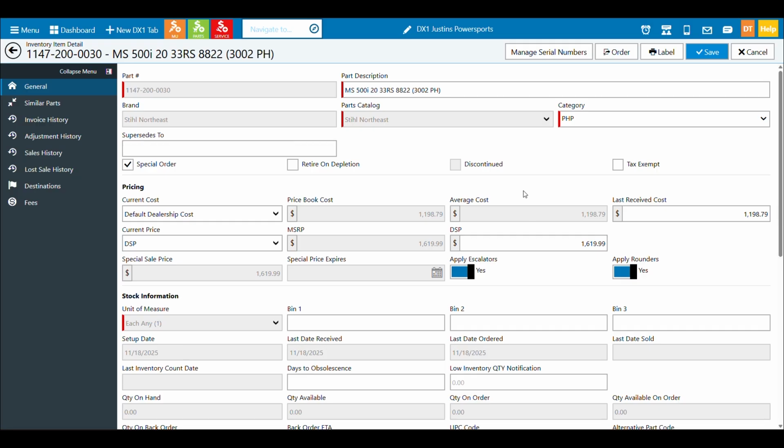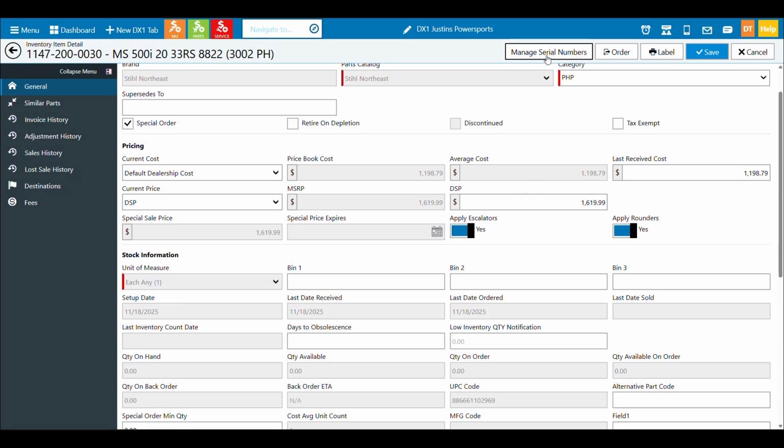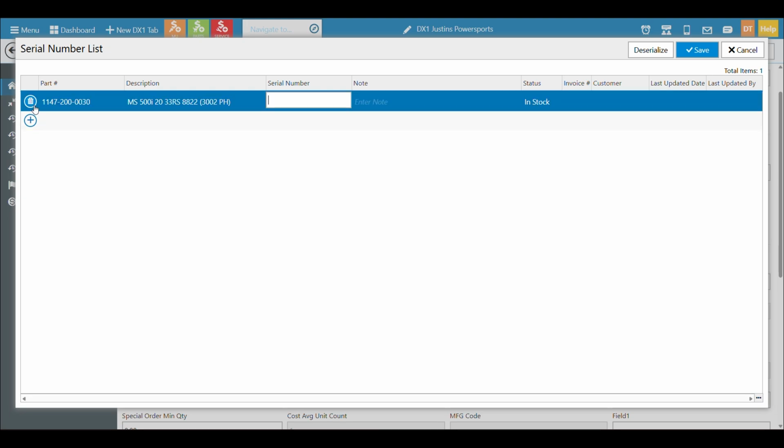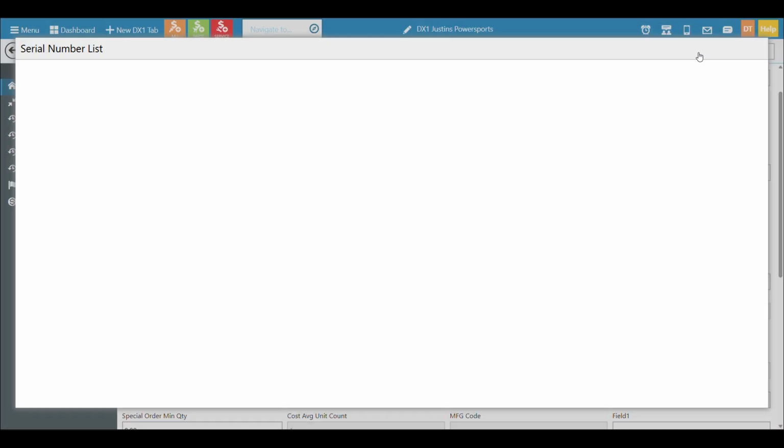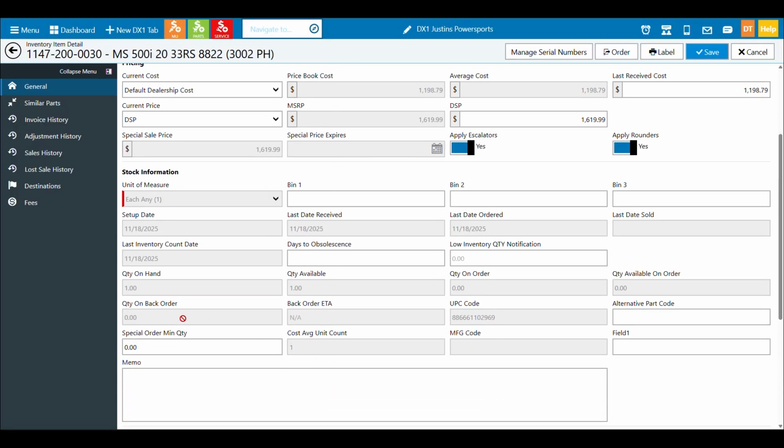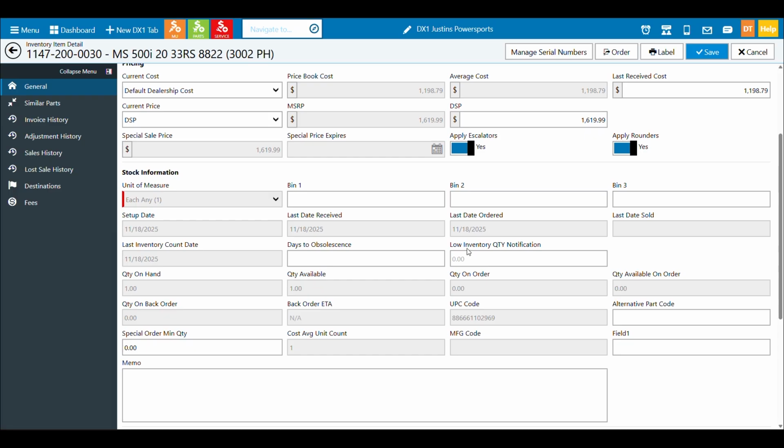Now that I've serialized the item, I can tell because now it says manage serial numbers. That's one way to tell. The other big way I can tell is I can't just go in and free-form my quantity here. And that's because the quantity is controlled by the quantity of serial numbers. So right now I don't have any. If I needed to manually add one, I could come in here, click plus, look at the product, and get the serial number. I can add a note if I want. This one is orange, and I can go ahead and hit save. And once I do that, I can now see that I have a quantity on hand and a quantity available.